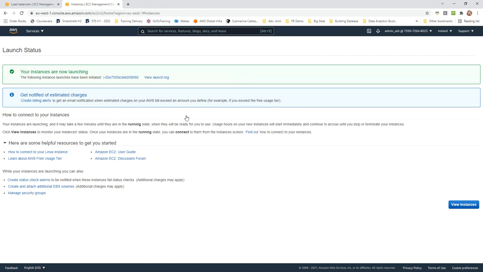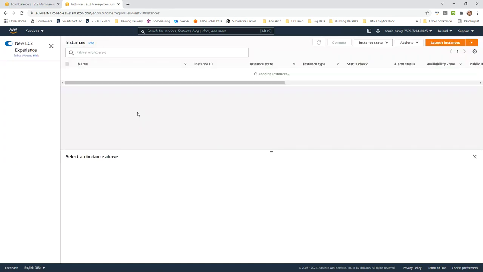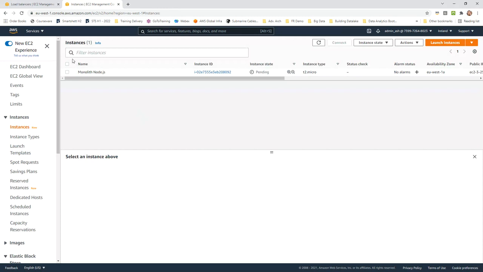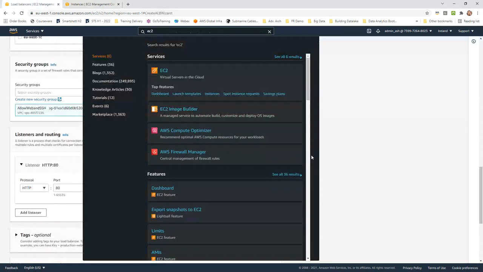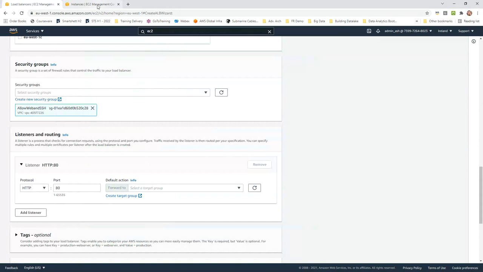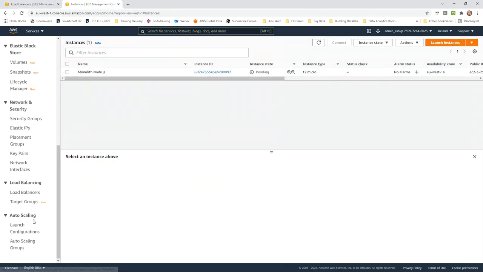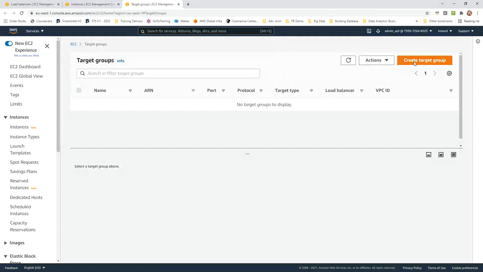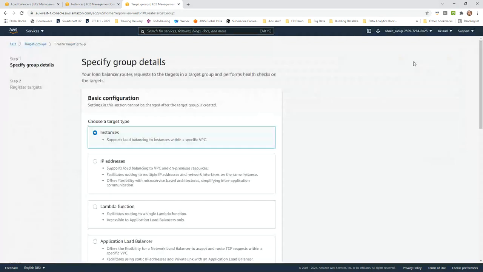Let it get created. Till that time, we will again try to focus on something called a target group. Now, if you want, you can create a target group while you are creating a load balancer, or you can create target groups separately and then just refer to them when we are creating the load balancer. Right, so both options are available, and it can be changed later also, should not be a problem. So I'll go to my target groups and will say I want to create a target group here. Pretty intuitive. Whatever I'm doing from the UI can be done from the command line. ELB has its own command line mechanism, and through that I can deploy it.